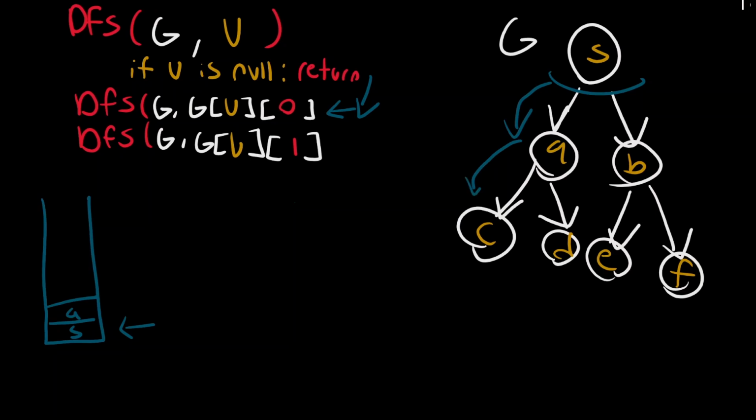A is going to then hit the same left. The computer's going to be like, okay, let me take care of this first. And then finally we're going to get a return statement here. Since it's null, we're going to get a return statement. The return statement's going to tell us, okay, now we're going to finally hit this right. After we returned from this left, we're going to return from here,